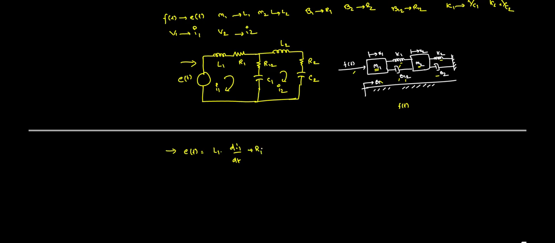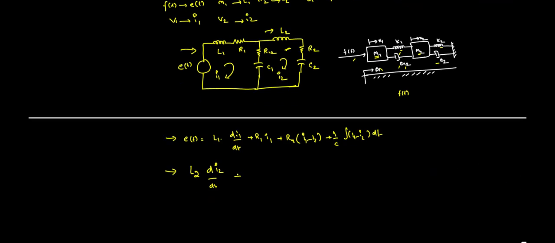Plus R1 I1 plus R12 (I1 minus I2) plus 1 by C integral (I1 minus I2) dt. For the second loop, if I write the equation, I'll start from here. That is L2 di2 by dt,